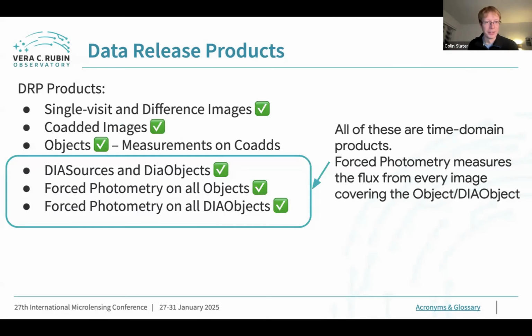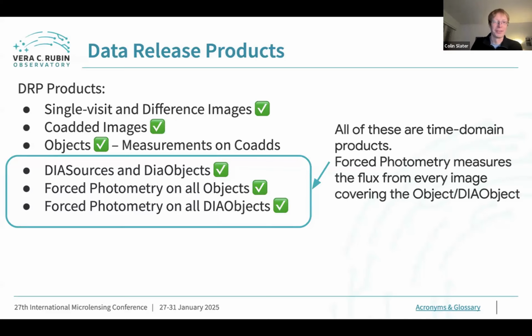So just to highlight some of the products that are most prominent in the DRP, sorry, in the data release. We'll make those single visit and difference images available. The images themselves will be available. The coadd images will be available. We do measurements on coadds. So that's what a lot of the static sky science cases are really focused on is getting measurements of galaxy